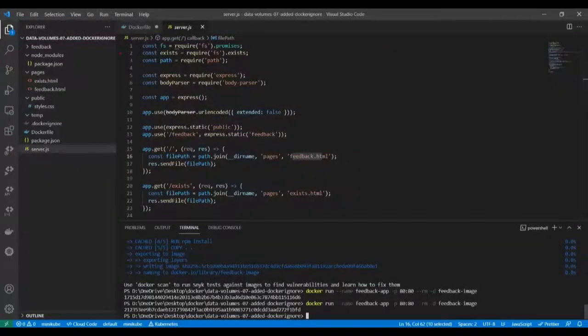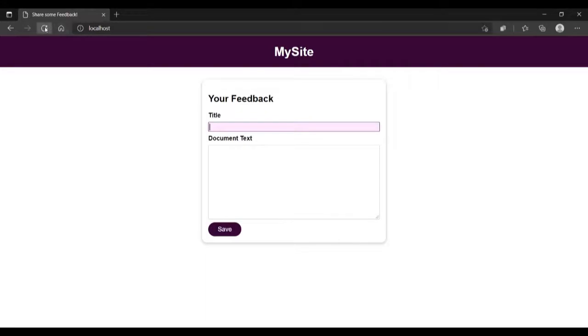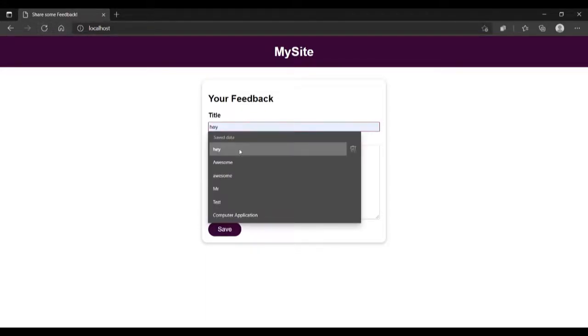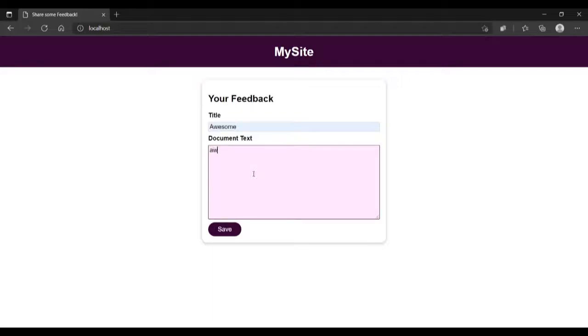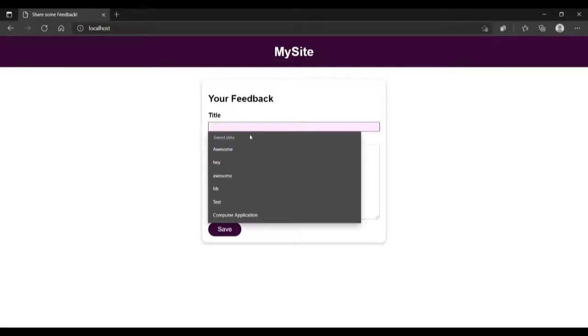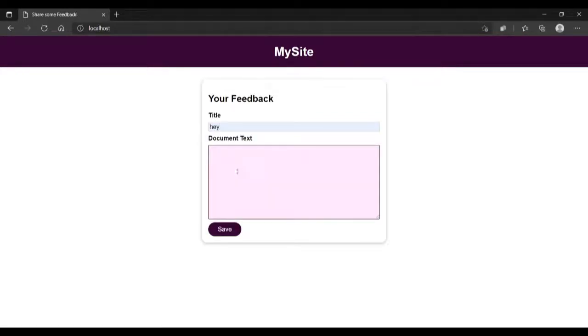I will close this and refresh. If you see right now, it allowed me to enter data. That should not be the case. What happened was, when I reran the container, this data got erased. So this is problem statement 1.